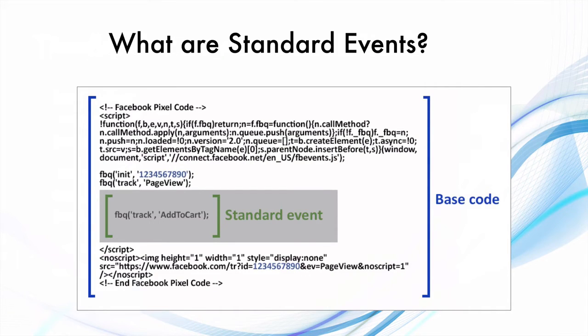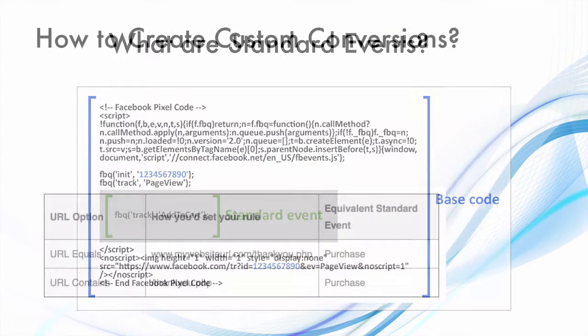So what are standard events? So Facebook pixel is basically a JavaScript code that you place on all the pages of your website. But apart from that, you can also pass standard events on the JavaScript code itself. But I would not recommend that you go ahead with standard events unless you are a developer. So standard events, you have to pass data via JavaScript from the backend, and that's complicated for most users, including me. So if you have a developer in your company, obviously you can ask him to set up standard events, but instead what we do is that we set up custom conversions, and custom conversions are based on URLs.